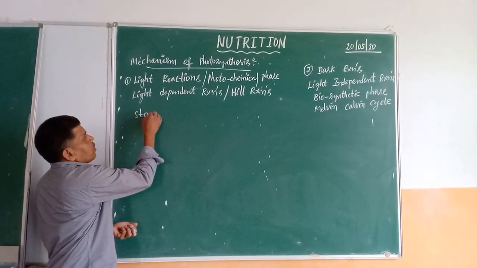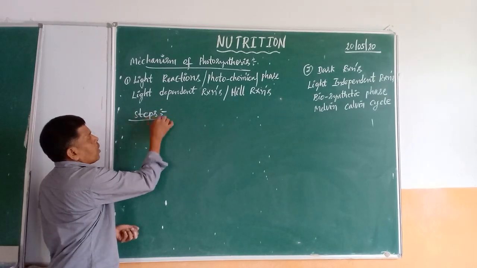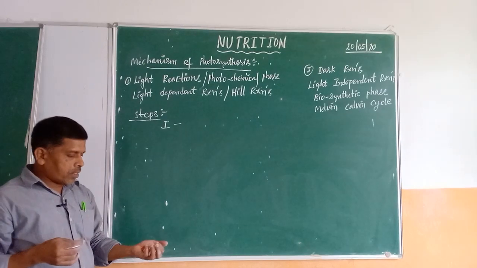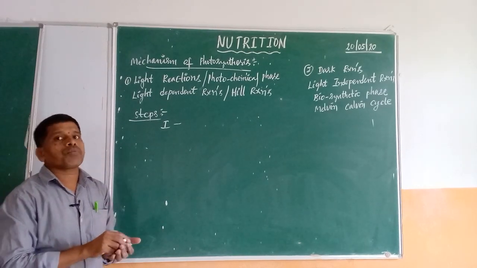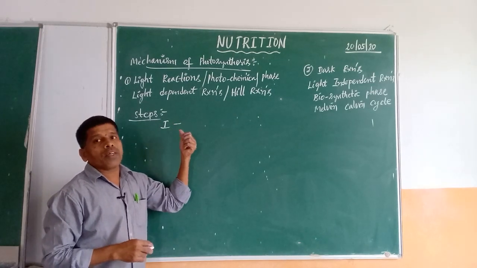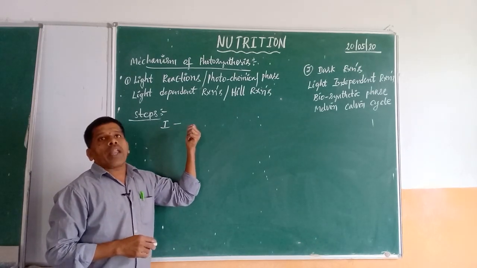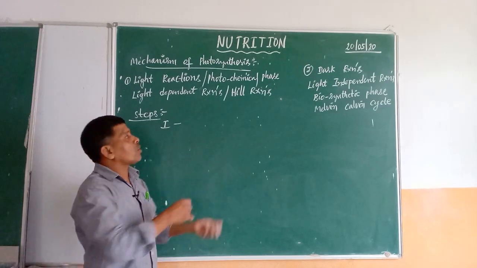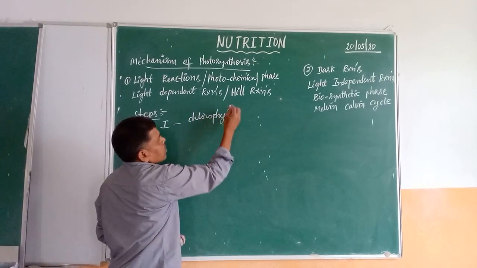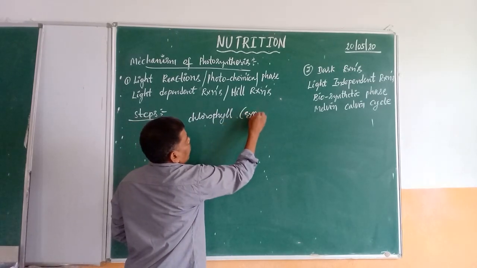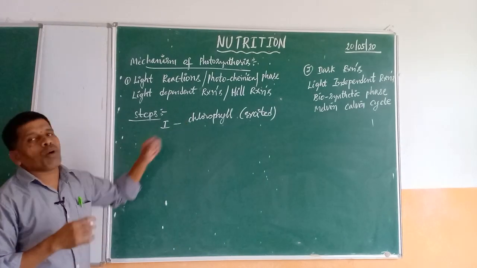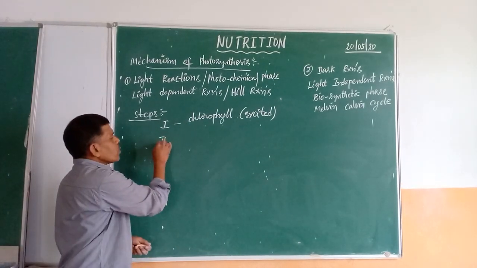These light reactions are carried out in 3 steps. In step 1, the chlorophyll molecule, which is at the normal state or the ground state, gets activated by absorbing the energy coming from the light particles called photons. Now the chlorophyll becomes a highly excited molecule. Excited. Now this excited chlorophyll molecule, in the second step, what does it do?